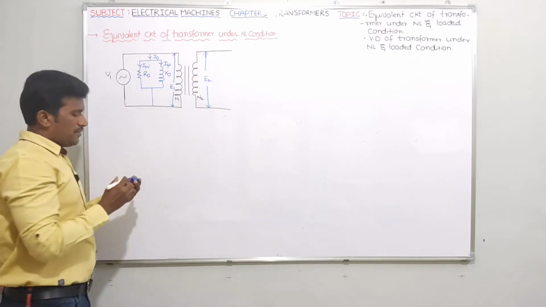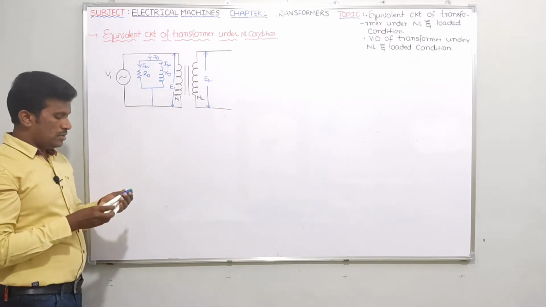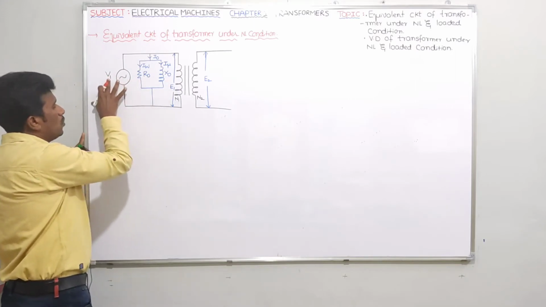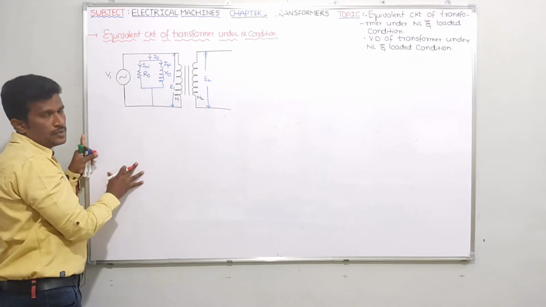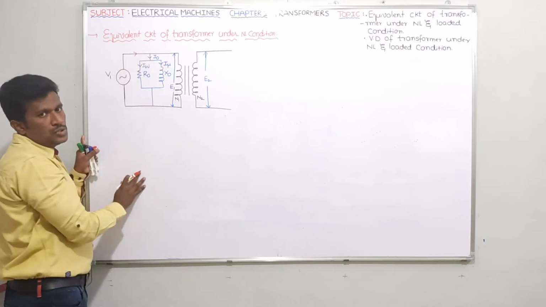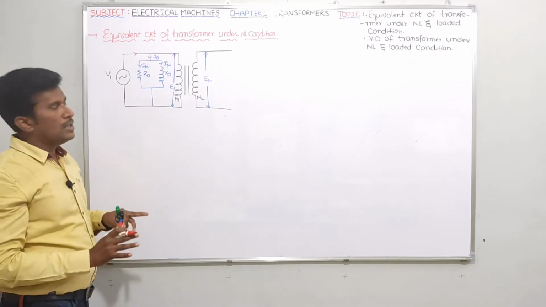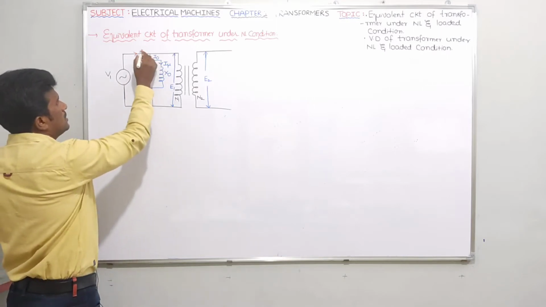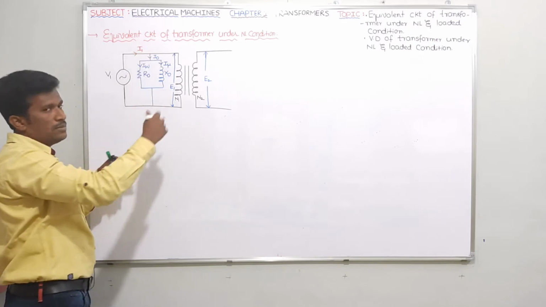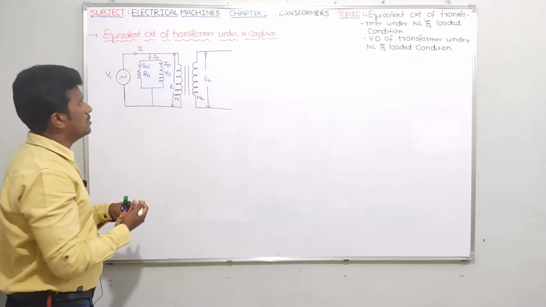You know the working of a transformer. Whenever a time-variant voltage is connected to the transformer, initially it will take some current I mu, which I told is used to magnetize the transformer core. And this is nothing but I1 actually. How we are getting I1, all those things will come in future videos.